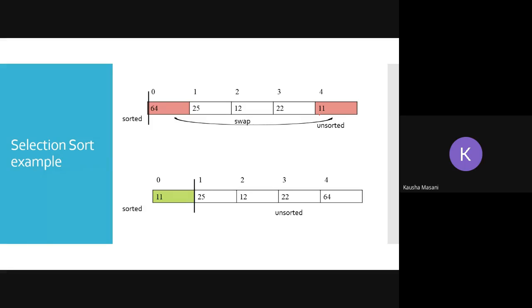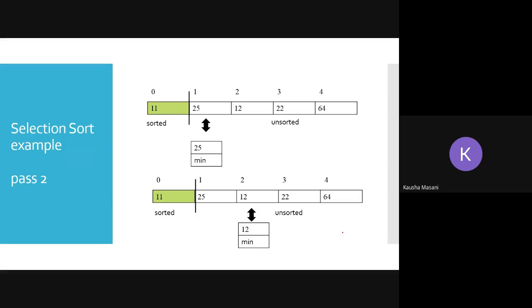All right, so now 11 becomes part of my sorted array, and the rest of them are part of my unsorted array. Okay, did you guys get pass one? I hope everybody is recalling, because this one is actually again in our data structure. So now this 11 is part of the sorted array, and the rest of these elements are part of your unsorted subarray. Again repeat the same process.